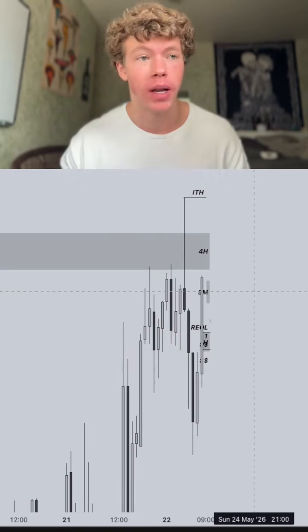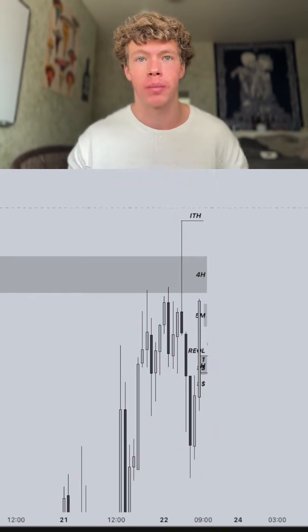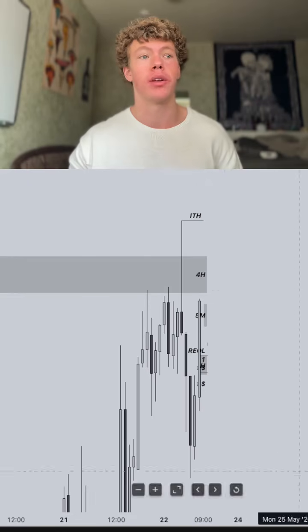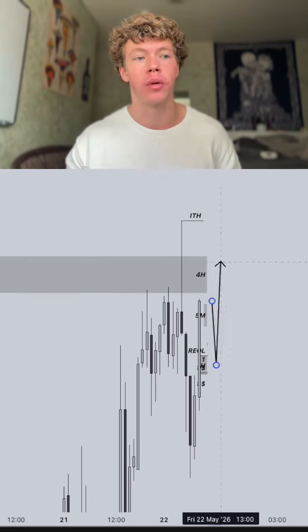From here, we did end up putting in an internal bearish SMT with this intermediate term high, but all that's really doing is protecting us from all-time highs, which is a strong DOL. Therefore, coming into the day, all I was looking for was a retrace into high time frame bullish to continue the overall move of being bullish here.